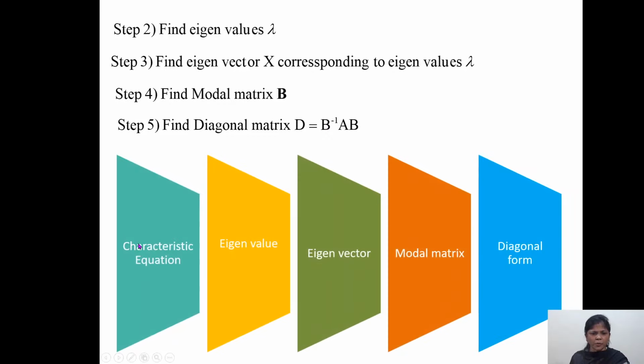So through this process, if we want to find the diagonal form, we start with the characteristic equation, then find the eigenvalue, denoted by lambda, next find the eigenvector, next the modal matrix, and then we reach the diagonal form. If the question is to find just the eigenvector, we start with the characteristic equation, find the eigenvalues, and finally obtain the eigenvector. So this is the flow of the evaluation depending upon the requirement. I hope the working rule is clear to you all.